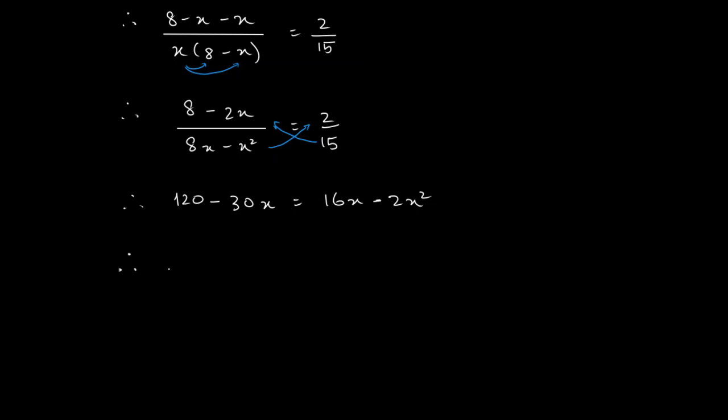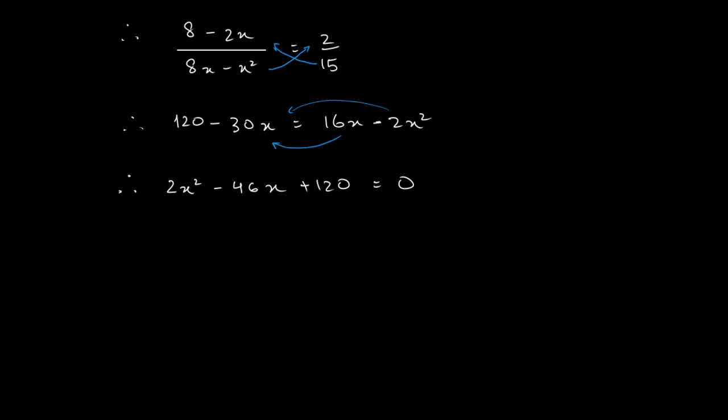So minus 2x squared from this side becomes plus 2x squared. Plus 16x here, we've taken the plus 16x from here to here, so minus 30 minus 16 makes it minus 46x, right, and we have a plus 120 at the end is equal to 0. So this here is my equation in the standard form, and I can solve it here, but just before that,